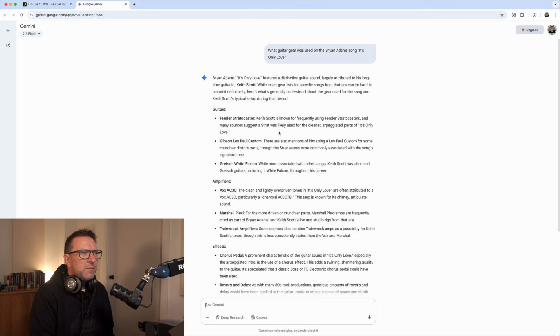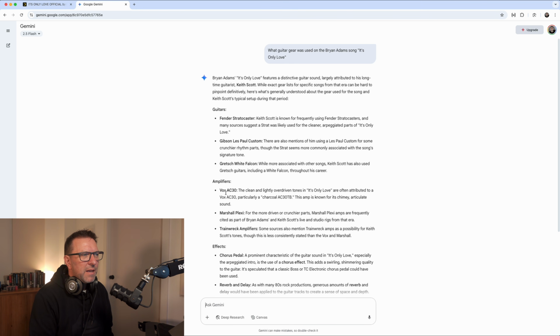I've seen some videos of Bryan Adams, but it doesn't mean anything because it's just a video, but I've definitely seen Bryan Adams using a Strat, a Tele, and a Les Paul. This particular tone to me sounds quite Stratty. It's got that kind of single coil sound, so I'm going to go with that.